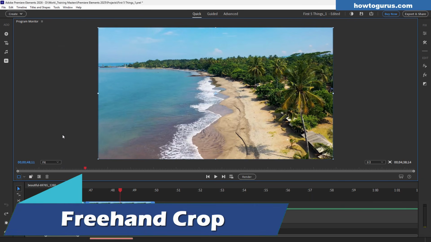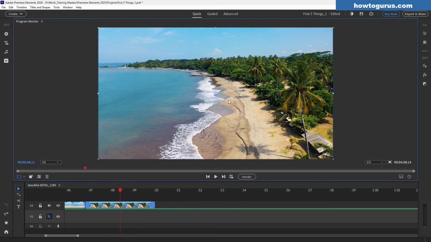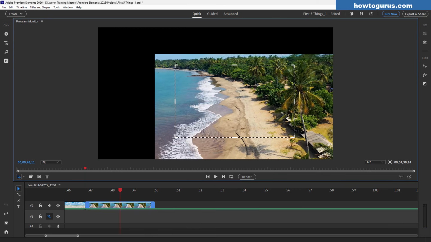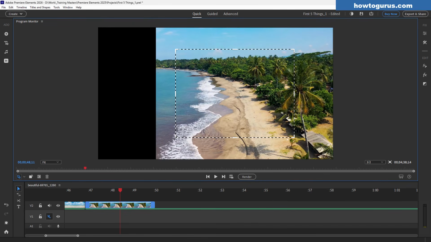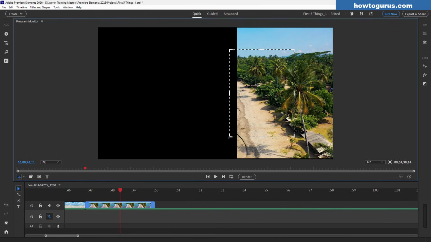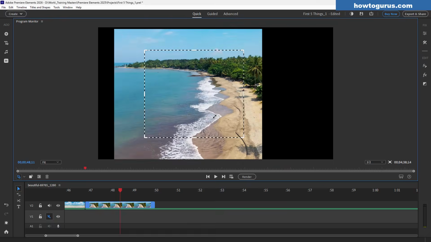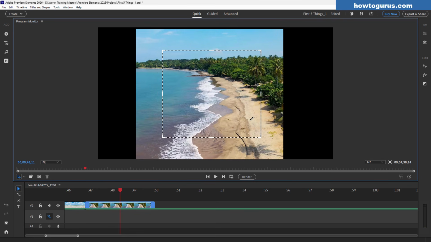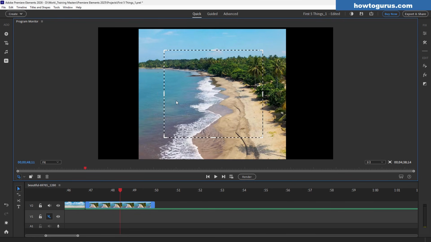Okay, one more new tool I wanted to mention here in this quick video, and that's over here, bottom left-hand corner of the main program monitor. Have the crop tool right here. And you now can come in here and freehand the crop tool. Just grab the corners here and you can then pull this around to be any shape that you want. You can even reposition this on your scene. So a very useful tool if you are changing to different formats or if you're doing different special effects with